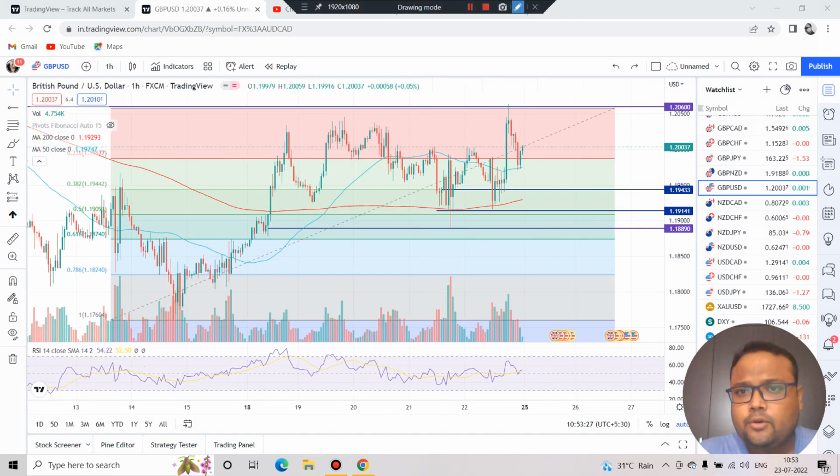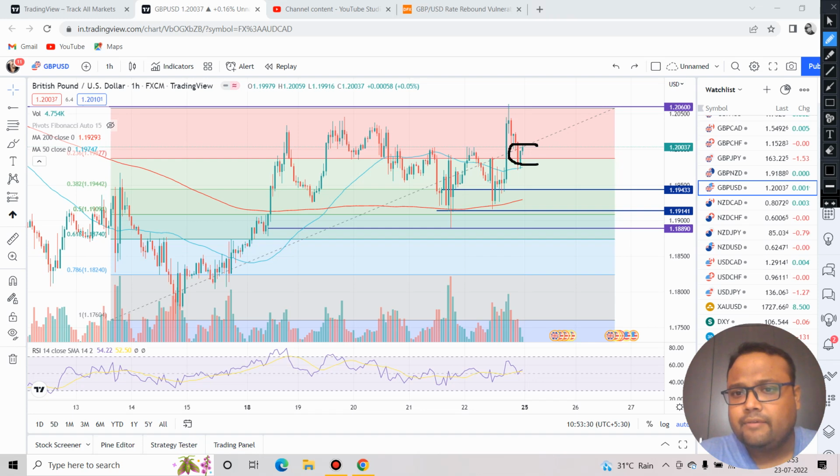So if you're planning to take any position at this level here, then as I have already suggested on the chart of Euro USD, you should avoid any buy or sell position at this particular level, because this is the middle here, and as you can see we do not have any immediate reliable support or resistance on the market here. So your risk to reward is not in your favor, and a trader only trades when the opportunity is right. So I think the important levels are, first important level is